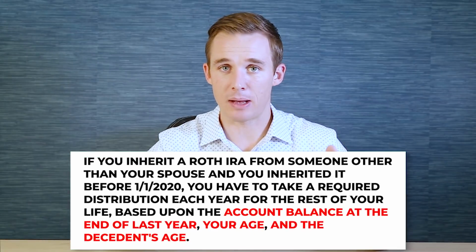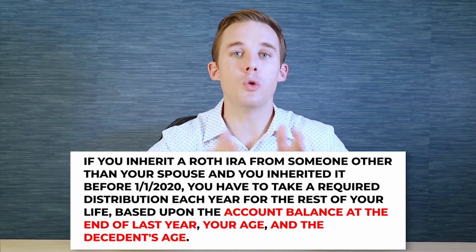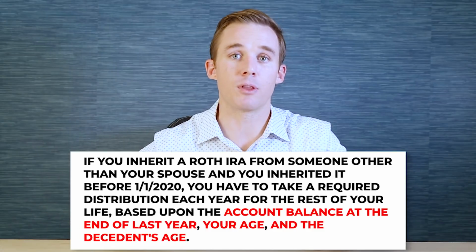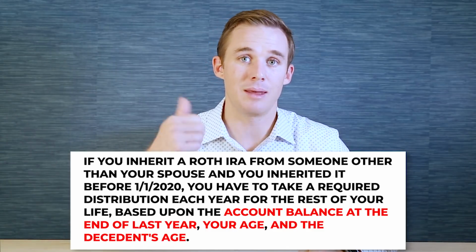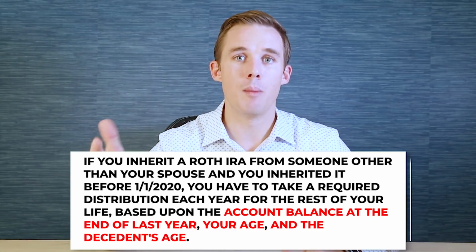So if you inherit a Roth IRA from someone other than your spouse, and you inherited it before January 1st of 2020, you have to take a required distribution each year for the rest of your life based upon the account balance at the end of last year, your age, and the decedent's age. But just because it's a Roth IRA does not mean you have the option of not taking RMDs. You do have to take those in the same way you take them from an inherited traditional IRA. So that's pretty straightforward. In summary, if you inherited an IRA before January 1st of 2020 and it wasn't from your spouse,